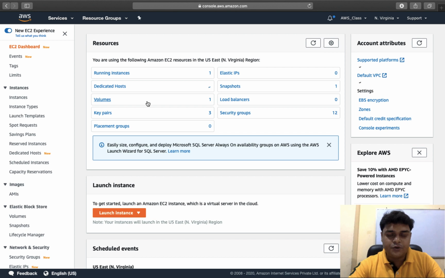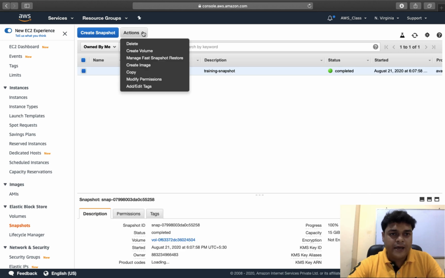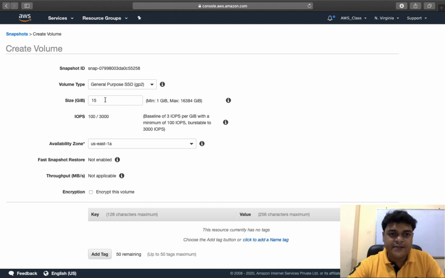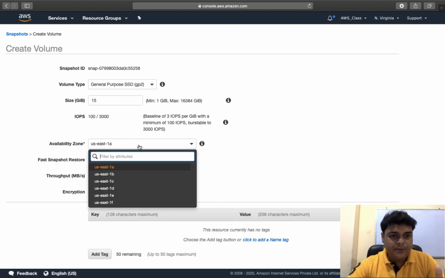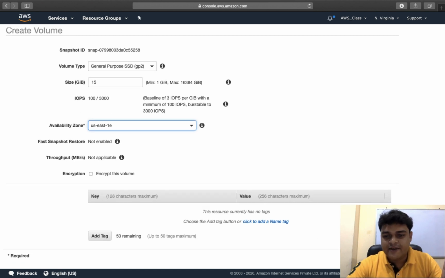So now I'm going to revert our snapshot. I'm going to convert our snapshot into the format of a volume, a virtual disk that you connect with your existing VM again. Open the snapshot, go to the action, create volume. If you want to increase the size, you can do that. Another important thing is that you must create the volume in the location of your virtual machine. Just click create volume.